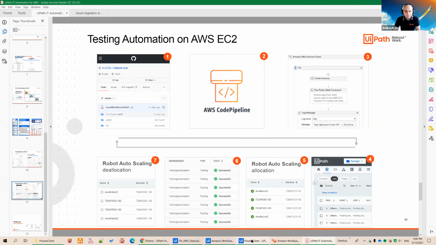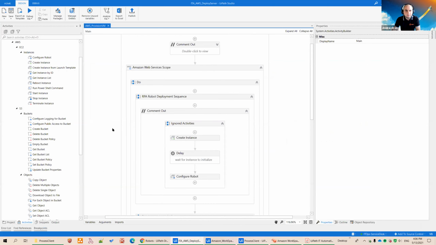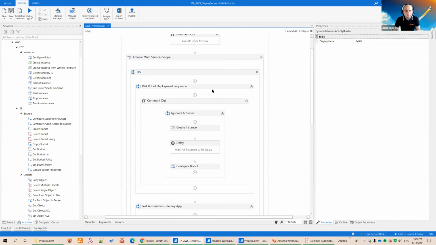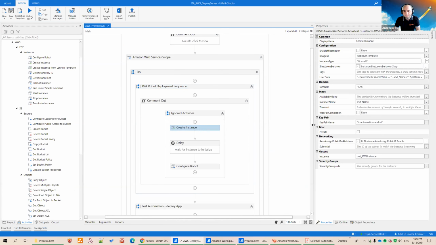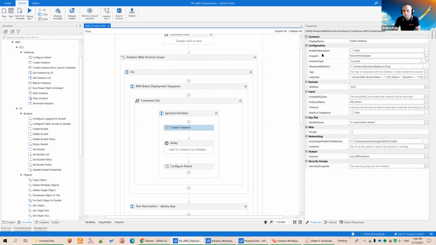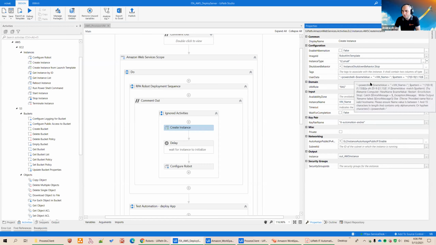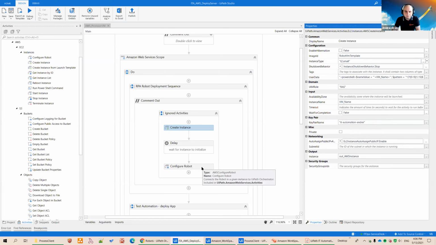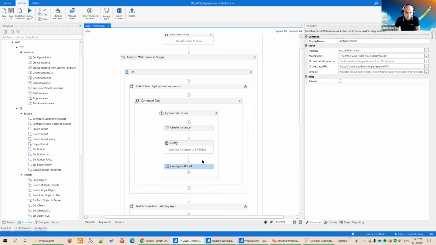high level. And I would like to show you how this type of workflow is built. So let's say I wanted to extend my RPA deployment with additional robots running on AWS EC2. I can create my instance with the create instance activity. Yeah, you can configure the instance type, from which image you want to create this instance. You have the possibility to set user data, to change the computer name perhaps. So everything that you might need to configure in order to deploy a new EC2 instance for running a UiPath